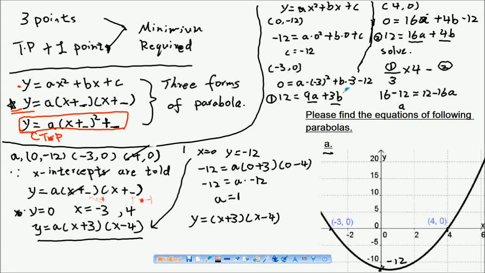Equation 1. Yeah, sorry about that, I made a mistake. Yeah, sorry, I made a mistake there. It should be